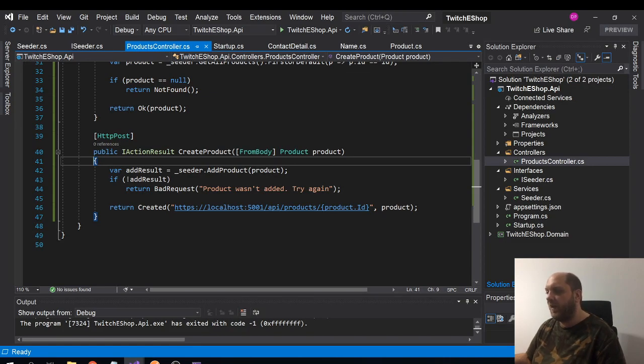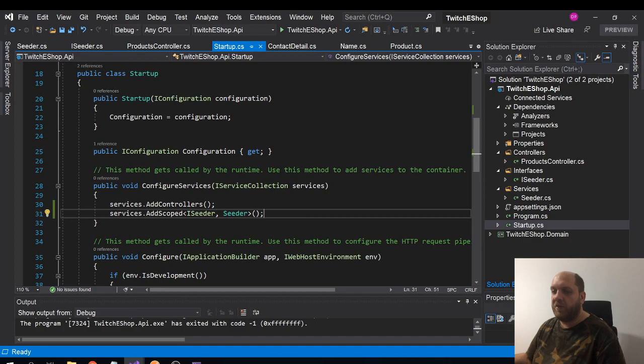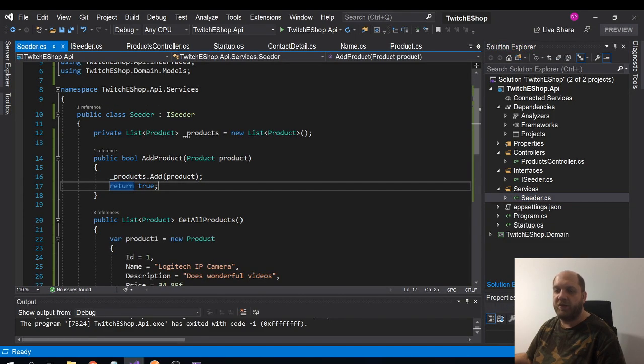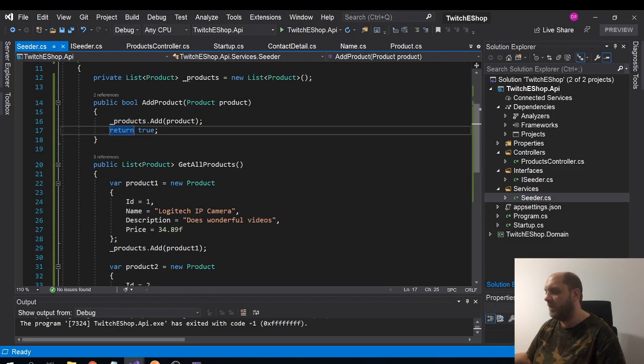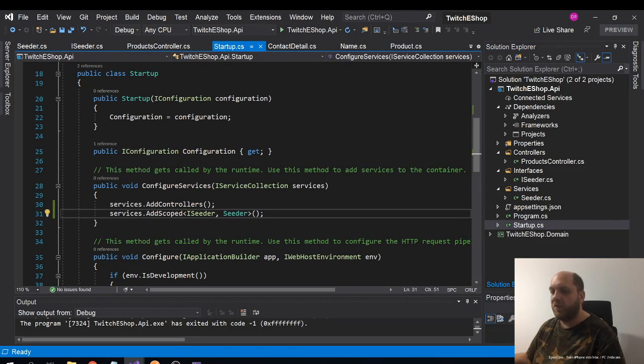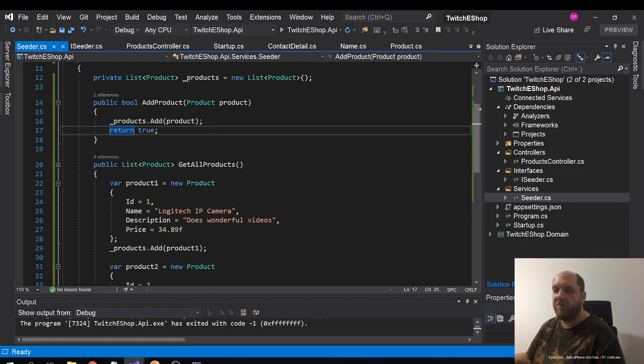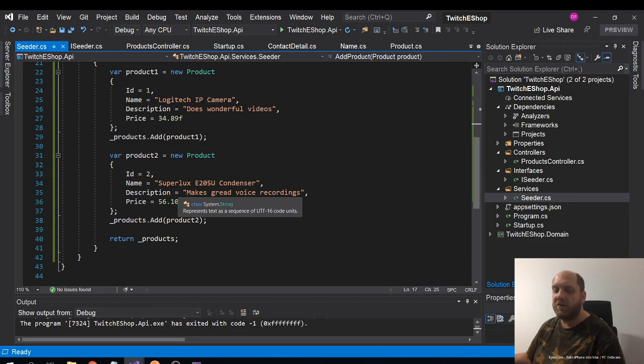When the request came in, ASP.NET Core instantiated this seeder service, which presents this list of two products, which is expected. But then we subsequently made another request to get a specific product,